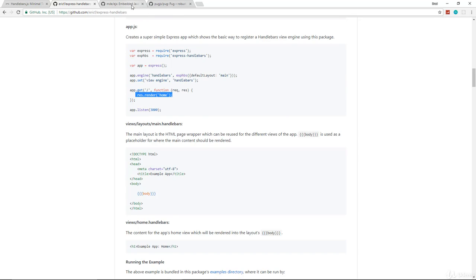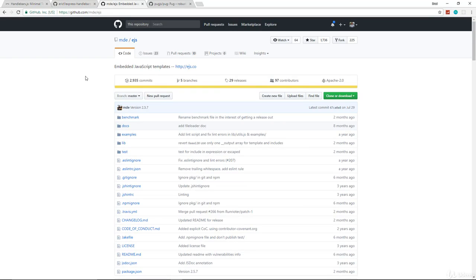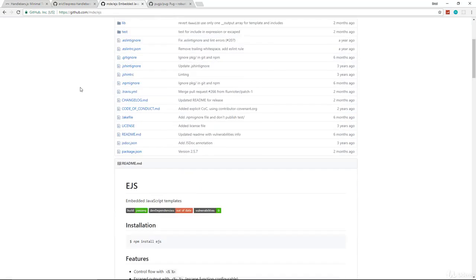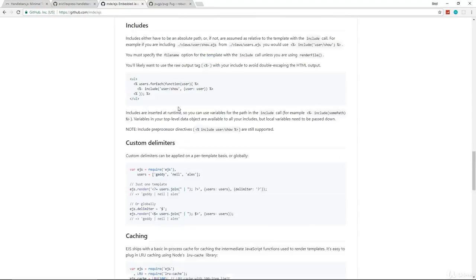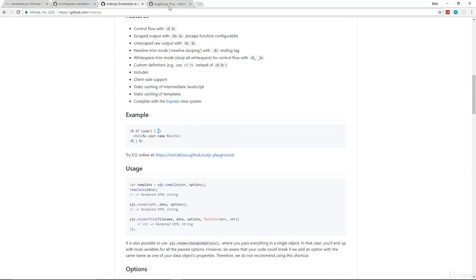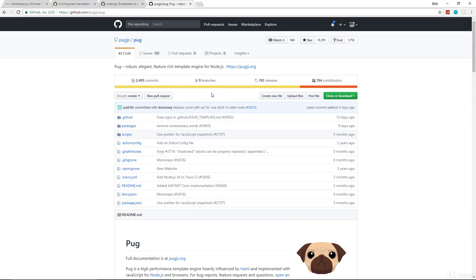Now, as far as other template engines, you have EJS, or embedded JavaScript, which is really nice. You can use just regular HTML. Putting in variables is a little different. Instead of the handlebars or the curly braces, you use this syntax. So you use the angle brackets and percent signs, which is a little weird, but I've used this before and I do like it. Another one is Pug, formerly known as Jade, which I really don't like because it doesn't